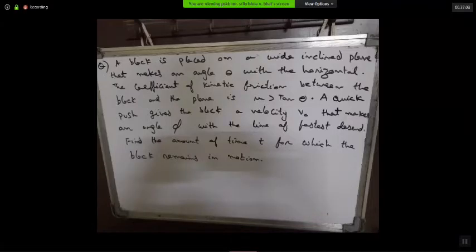Along the incline, along the line of fastest descent, it will be g sin theta. Yes, sir. And then velocity also: since it makes an angle phi with that line, we can split velocity also along the line of fastest descent and perpendicular to it. Yes, along the line of fastest descent and perpendicular to the line of fastest descent. Can we proceed in that way, sir? Yes, okay.